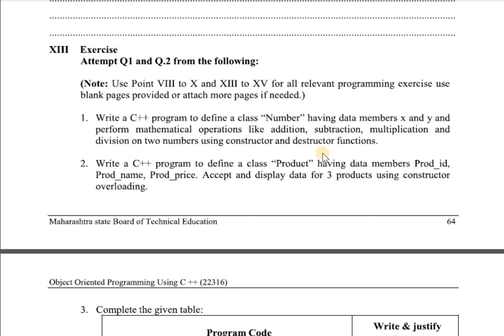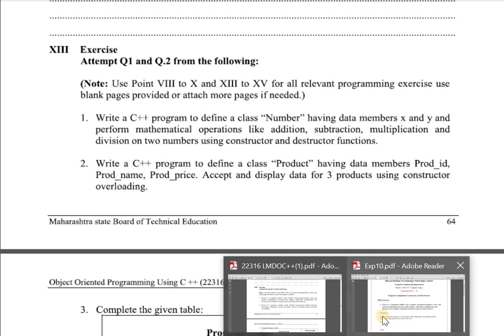Here in this program, you want to use the constructor and destructor function. You want to define one class number which has data members x and y, and perform the operations like addition, subtraction, multiplication and division on those 2 numbers. Okay, I will give you a program for this.